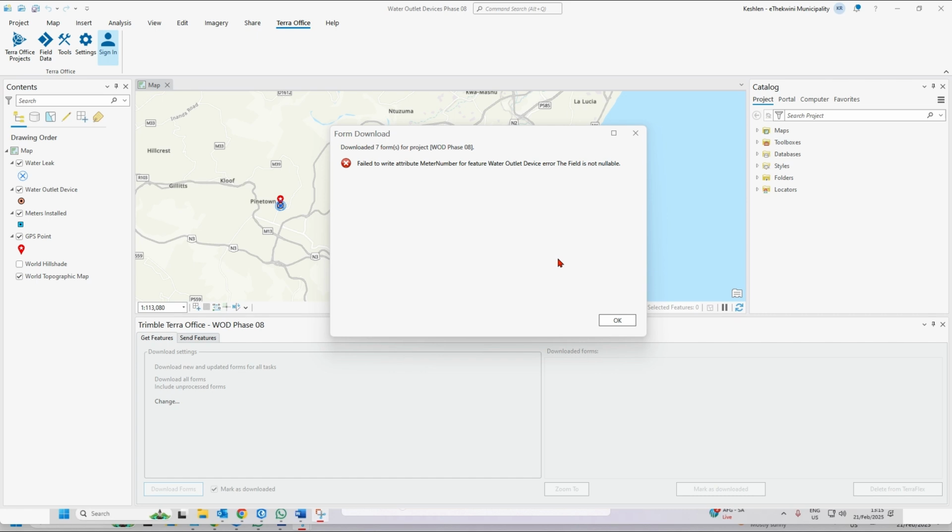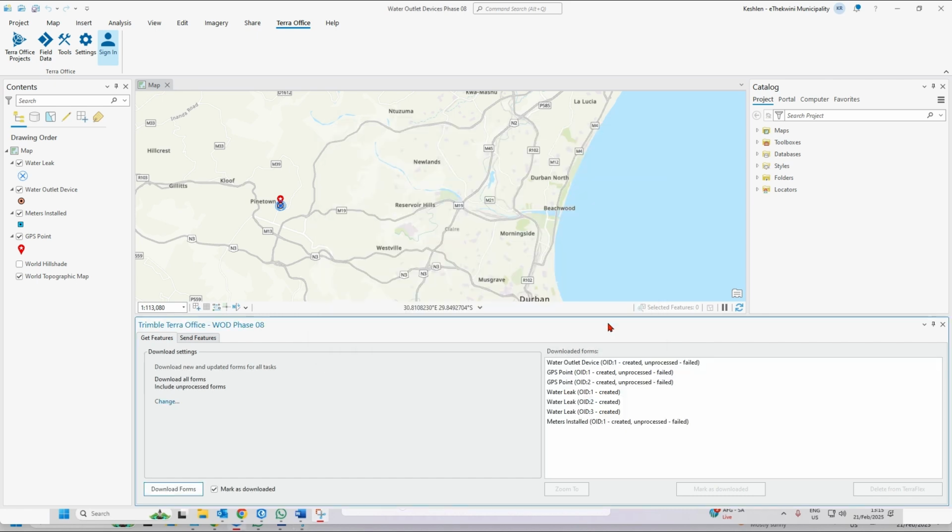Okay, it did download all 7, but the way we wrote the feature data set conditions in the data dictionary on the form design was that if there is no meter, the meter number must be left blank. But the geodatabase, the field is not nullable, meaning there must be a value in it. Although it's downloaded the data, that field will be left blank. So this is not a critical error. The data did come through. Okay, so let's click OK on that window,